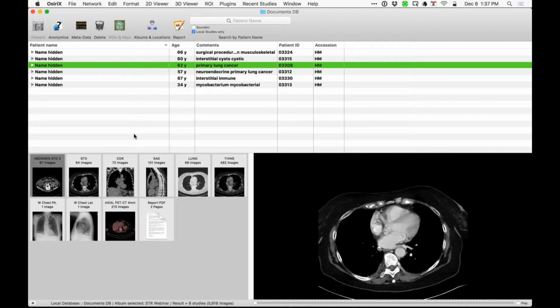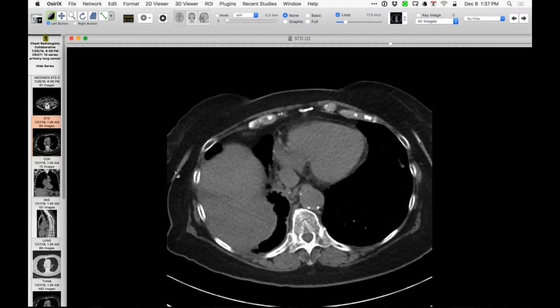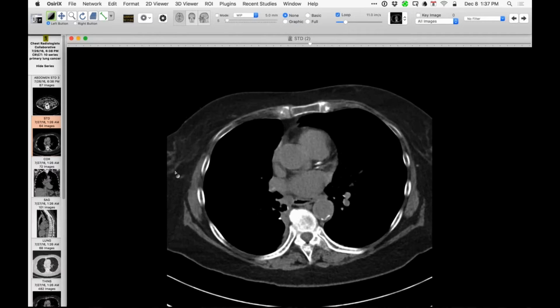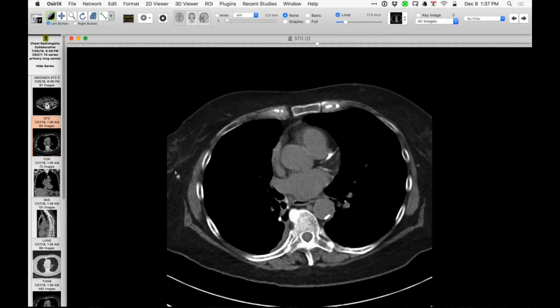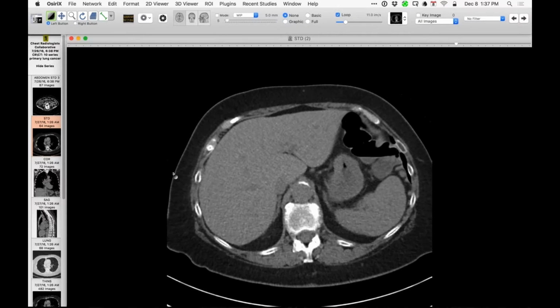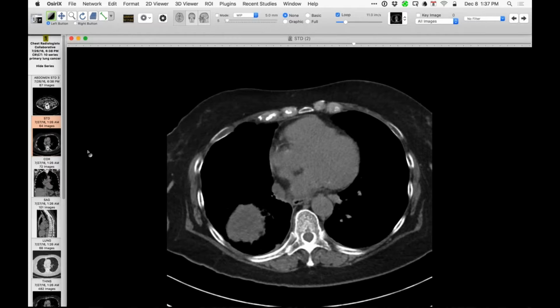This is a patient that came back with an interesting presentation. So the history is important here. She's got a history of a lung cancer treated with a lower lobectomy on the outside. When she came back, she initially had a non-contrast CT. And let's see if we pick up, say, the